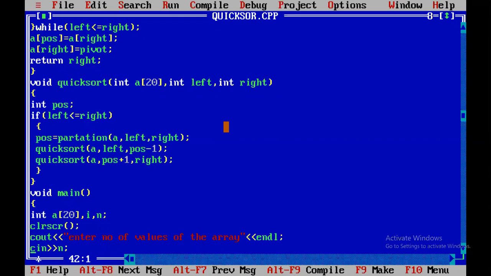Suppose the question is to write an algorithm for bubble sort, you have to write only the bubble sort function. No need to write main. If it is write a program for bubble sort, then you have to write main and bubble sort. Similarly, write an algorithm for merge sort.